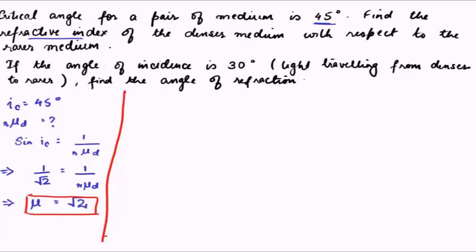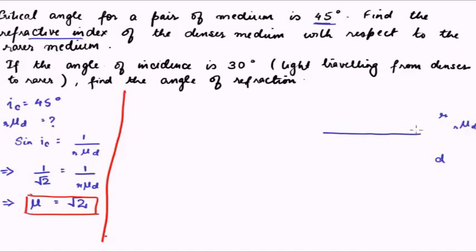Now the second part of the question says that if the angle of incidence is 30 degrees and light is traveling from the denser to the rarer medium, what is the angle of refraction? So let us frame the question in the form of a diagram. Let this be the denser medium, this be the rarer medium. We know that the refractive index of dense with respect to rarer is root under 2,